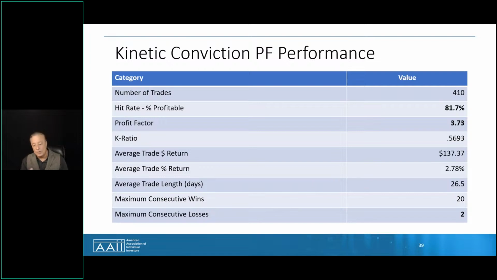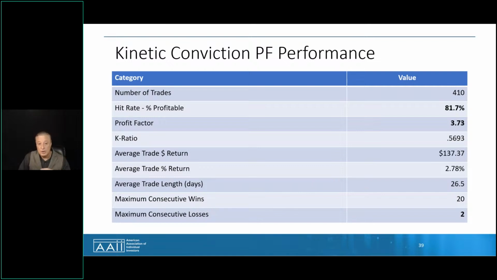We're not going to focus too much on some of the products that we have with Metastock, but one that we do have is called Kinetic Conviction. It's featured in the course. We have 2 classes on it, and you can see right here the results. Now, this is over 10 years, right when we brought the product to Metastock, and you can see it had nearly an 82% hit ratio with a 3.73 profit factor. This is on 500 stocks over 10 years, and it never lost more than twice in a row. And these results are actually better than what I'm showing you there.